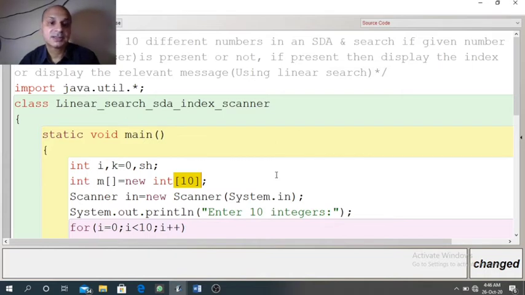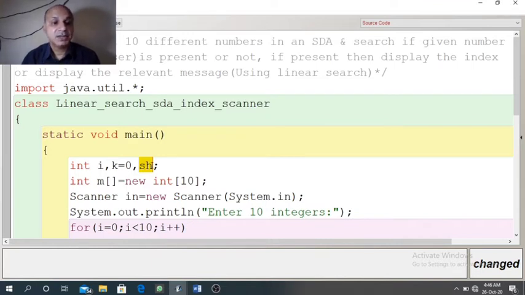So here size is 10. We need to search for a given item, means which number we want to search, that we will keep in the variable sh. So these two are the inputs, array m and search item sh.